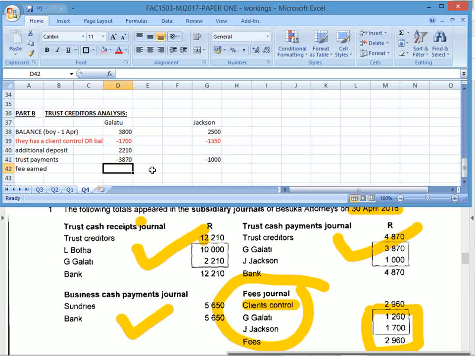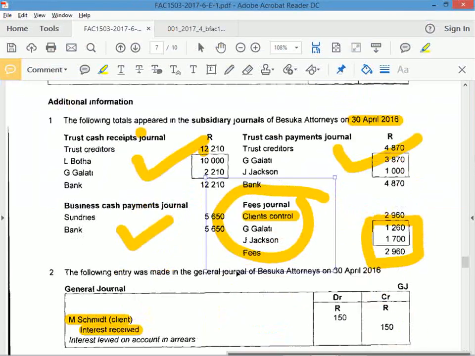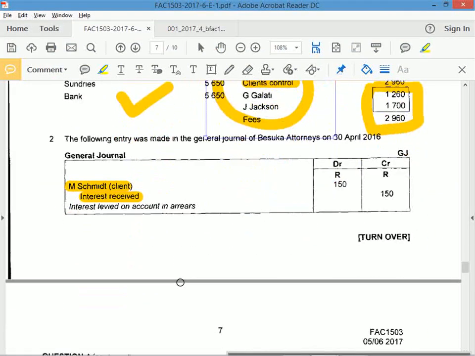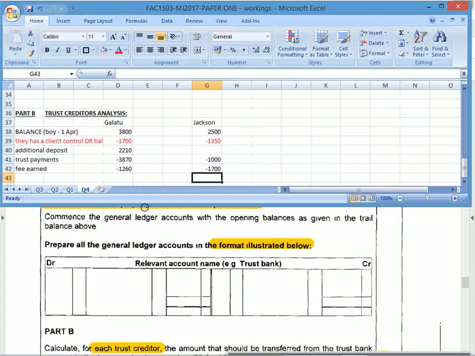Okay, but then you run the business, you do work for them, and then you have an amount that's charged in terms of a fee. So the fee would have come out of their trust creditors account. Okay, so the G would have 1260 come out of this account, and minus 1,700 there. Okay, anything else here? And you've got S here, and that's it, yes. Okay, so the balances, balance brackets, this is for the trust creditors